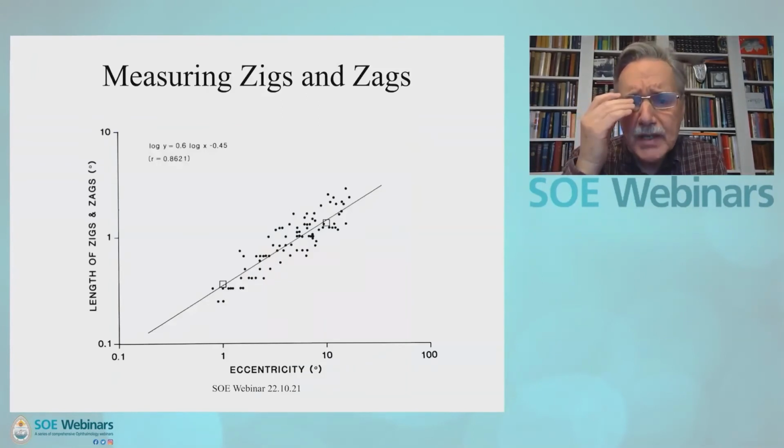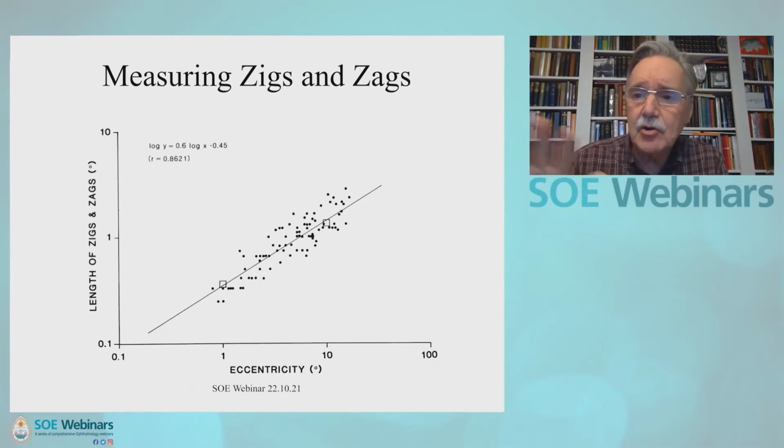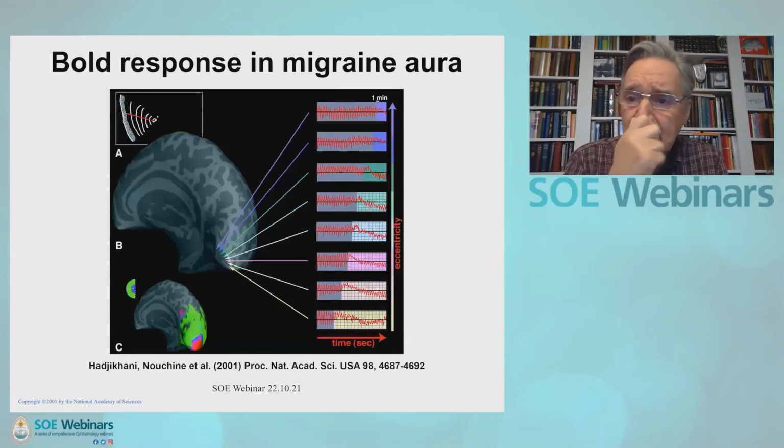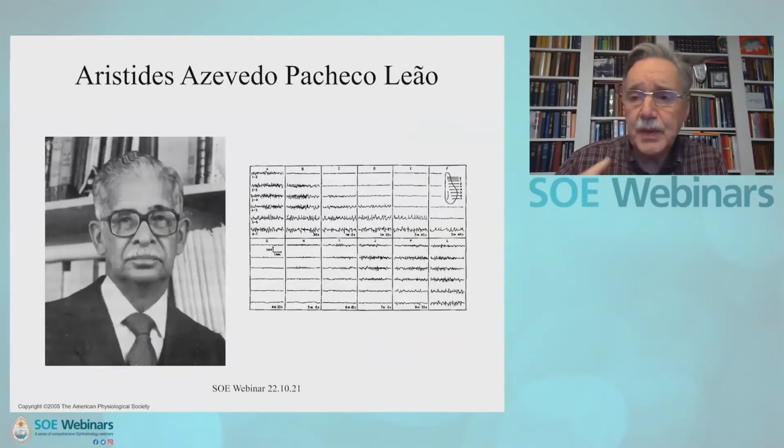And some time ago, I got a patient to plot out the size of the zigs and zags of his migraine across the visual field, and produce this power function, which fits quite well with the cortical magnification factor, as it's called. And we now know from fMRI studies, very difficult to get patients in an fMRI when they're having a migraine, that the migraine aura is arising in visual cortex, and the speed at which it progresses across the visual field fits very well with it being generated by this type of